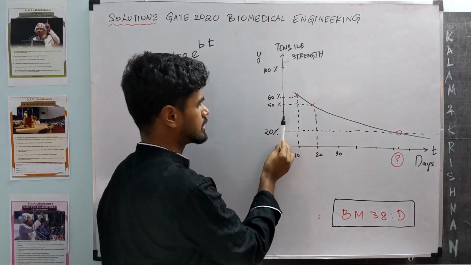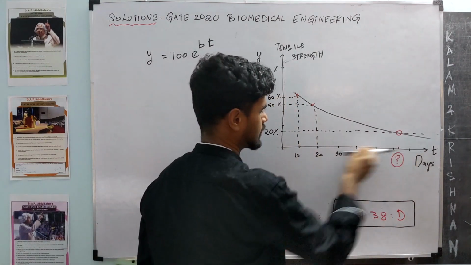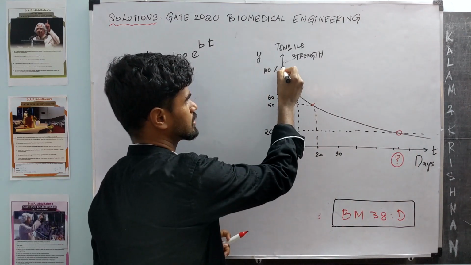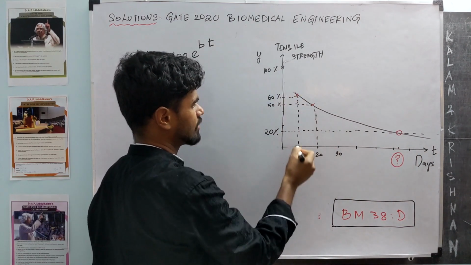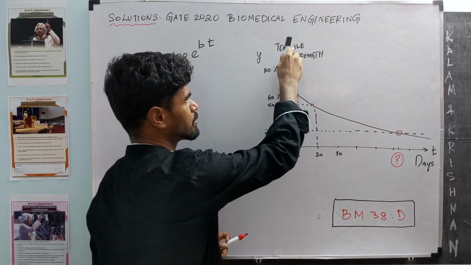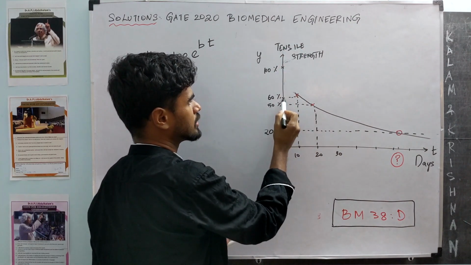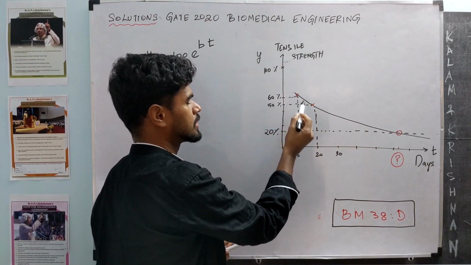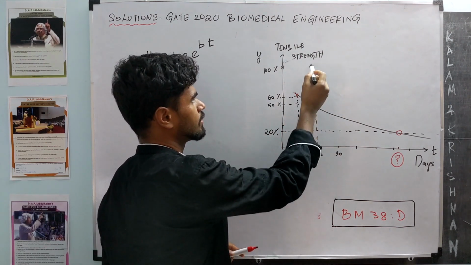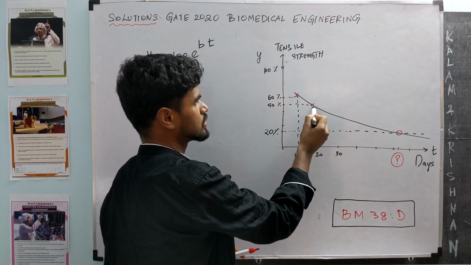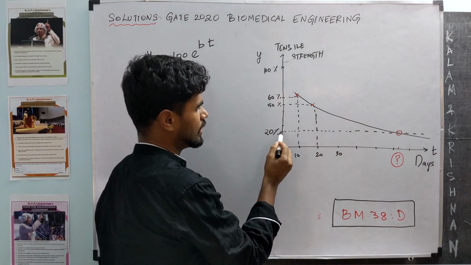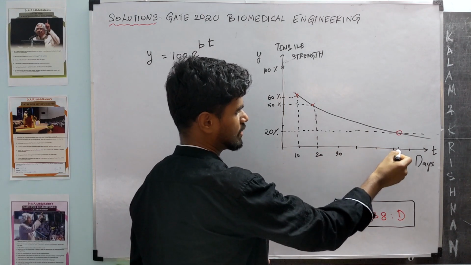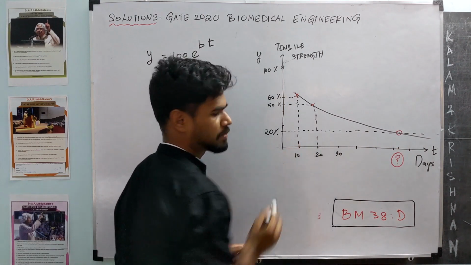Let's say this is the tensile strength and this is the time in days, okay? So initially it's like 100%, then after 10 days its value drops by 40%. So its current value is 60. Drop is 40, so its value is 60. Then after 20 days, value drops by 50%, so its current value is 50%. When will its value decay to 20%? So in which day would this value be like 20%?